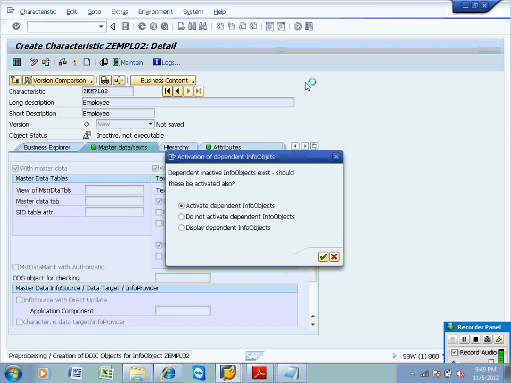Now how many info objects are we creating? 3 info objects. One is the basic characteristic, the other 2 are attributes. Those are also characteristics only, but they are going to act as attributes for the basic characteristic info object. Most of the time in a table, if you have reference information, then while transferring that reference information into the BW file, that is reference information for one basic key field in the source system, right?